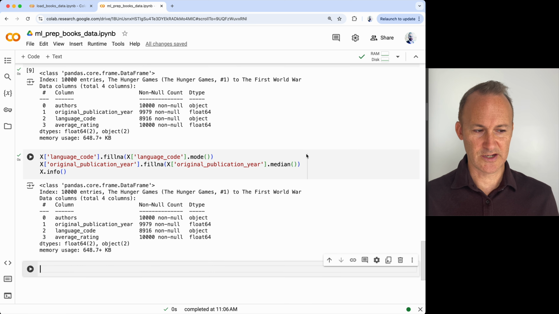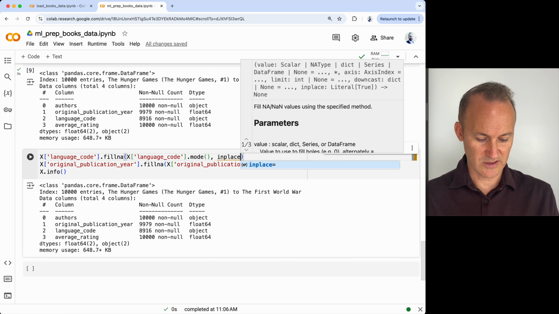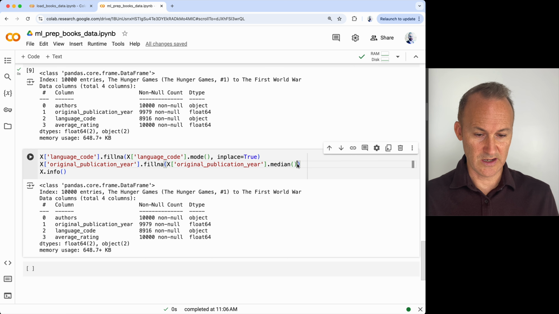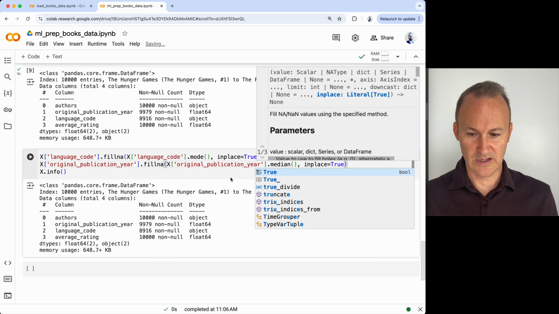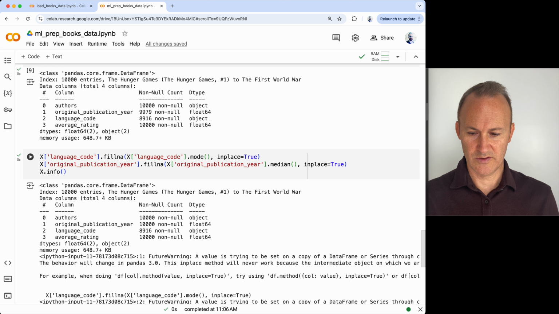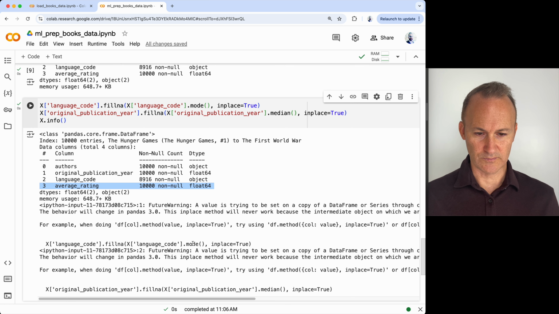Okay, they're not because I forgot. See, this is why it's important to check. I forgot you want to put something like inplace equals true. You can also redefine it without that. So we'll try that again with inplace equals true. Run the code. And it actually did work for the average rating. It did not work for the